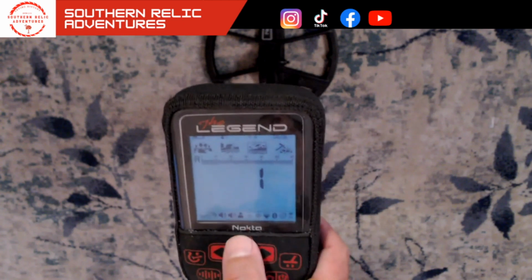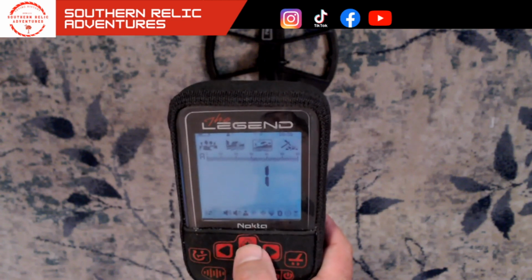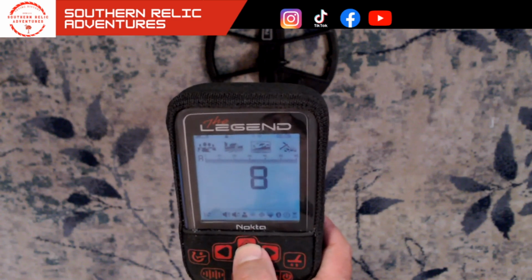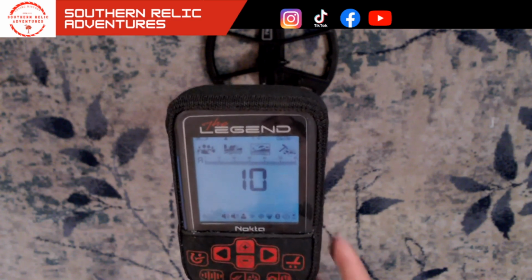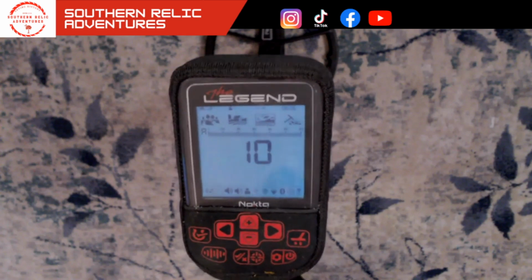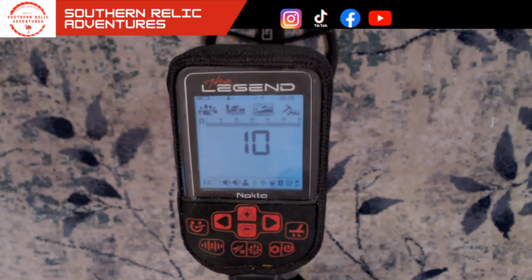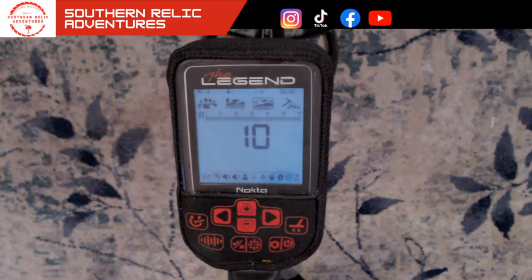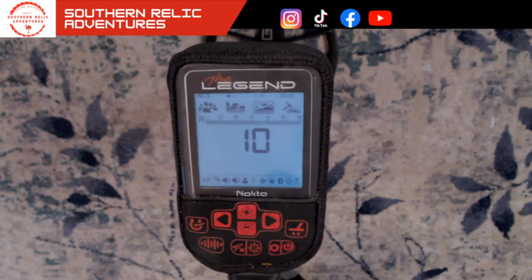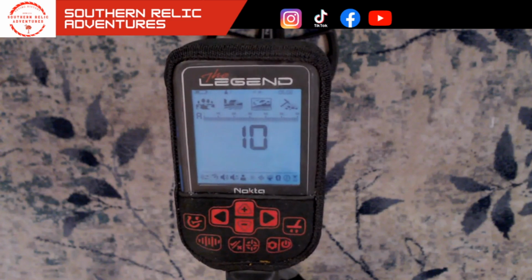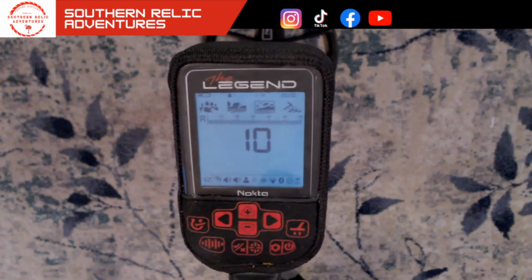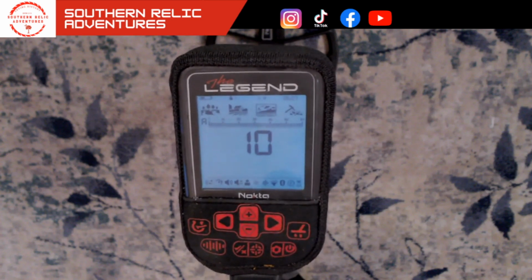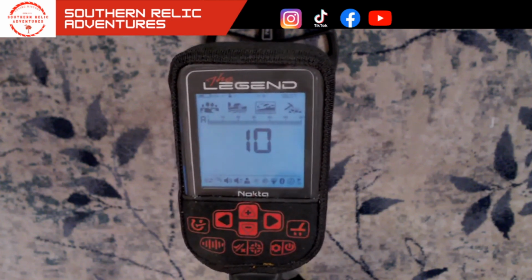So on the Legend, you can start off at a 1, and your recovery speed will go all the way up to a 10. Again, you're going to have to decide based on your site what's the best recovery for your site. If it's real trashy, then naturally you're going to want to run a higher recovery. If it's not so trashy, then maybe you run a lower recovery. And so that's pretty much what recovery does.